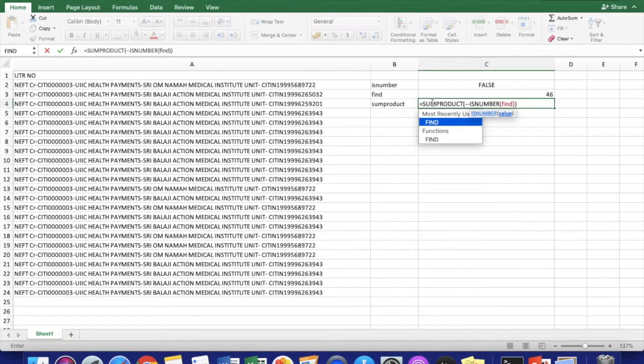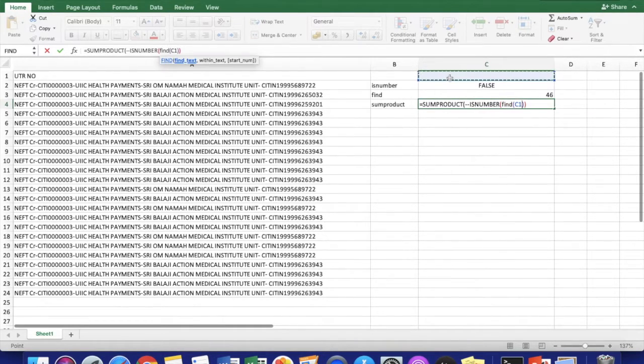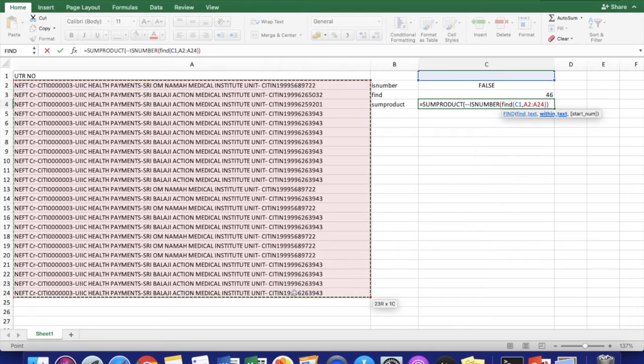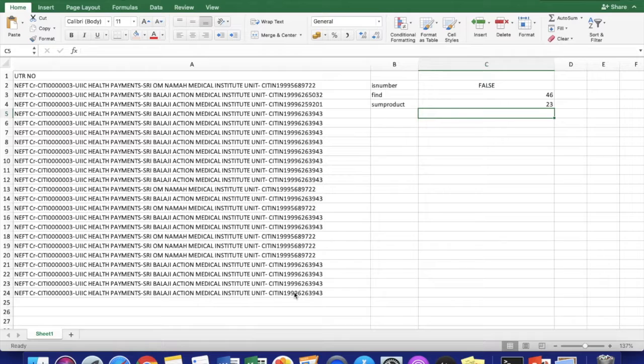FIND. I have to find text, I will give the reference. Let's say this is my reference. Within the text, this is my array. I think all my brackets are good, and I will press enter.